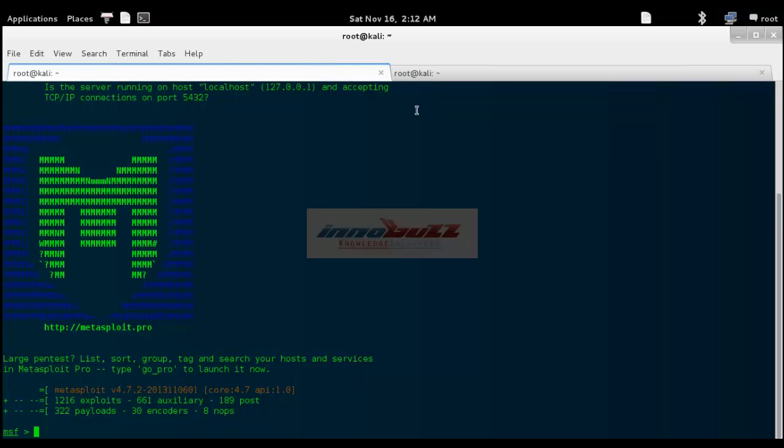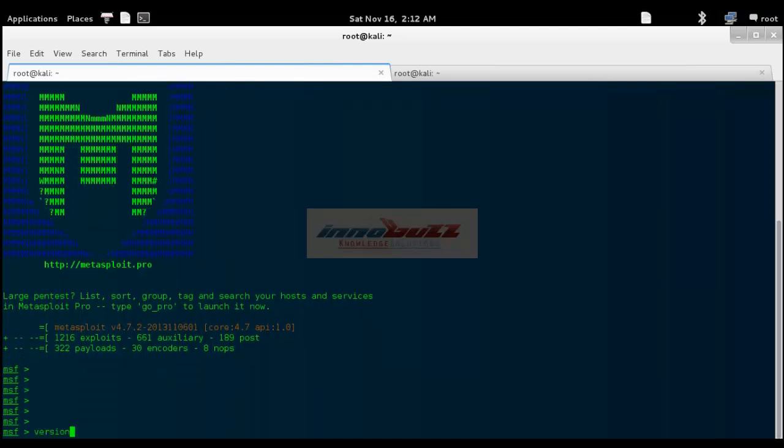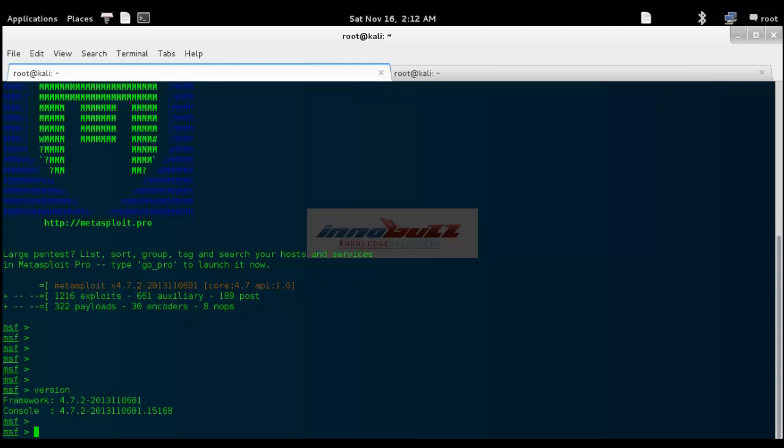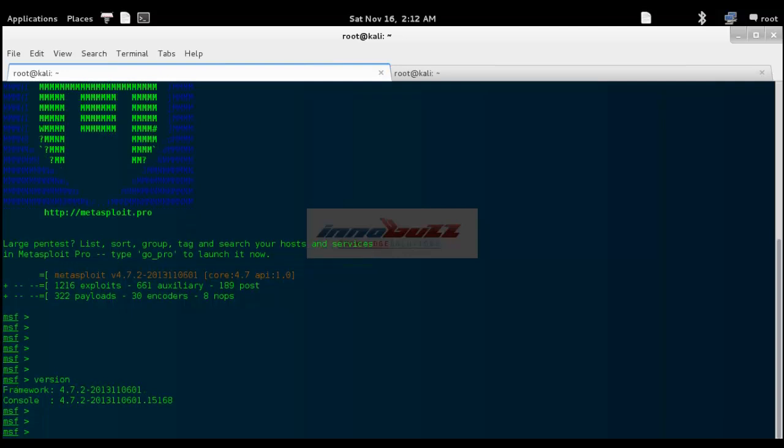So here I'm in the Metasploit framework. You can simply type the version command to check whether you're running the updated version of the framework, or you can update it from the etc directory with the help of the msfupdate command. If you're not running the updated version, it's okay, we'll still be able to hack into that Windows 7 machine. Now I need to use a multi/handler, so that once the victim executes the application on his machine, I'm able to listen for and catch that connection on the attacker machine.